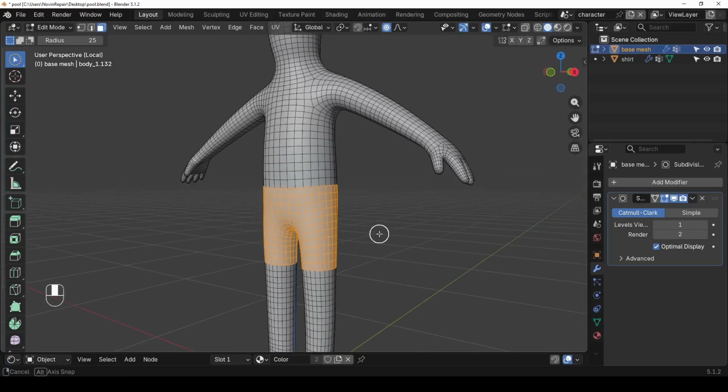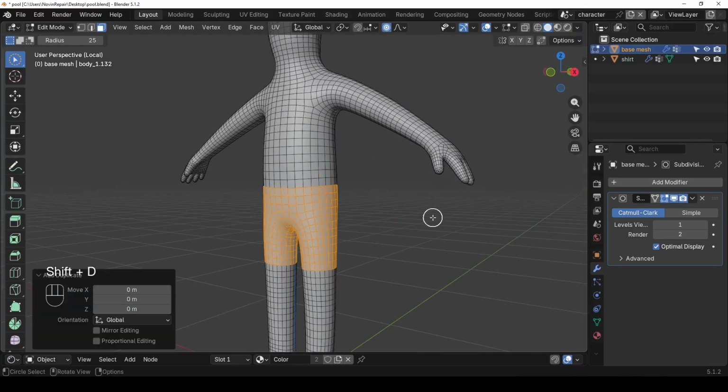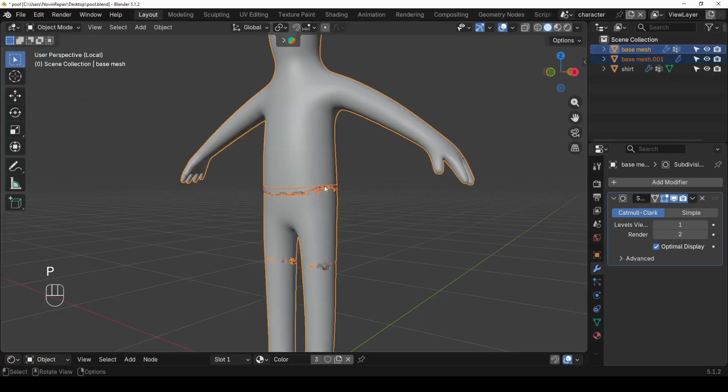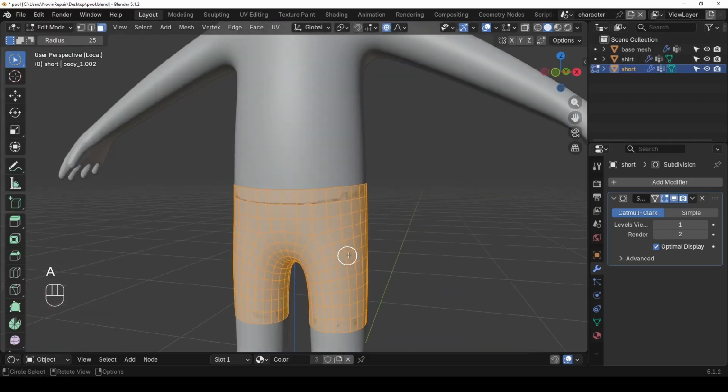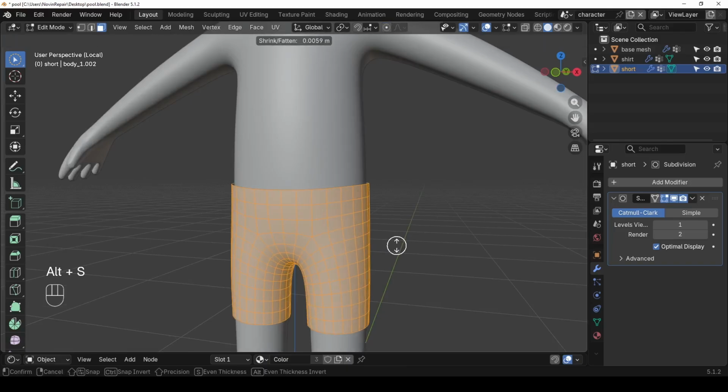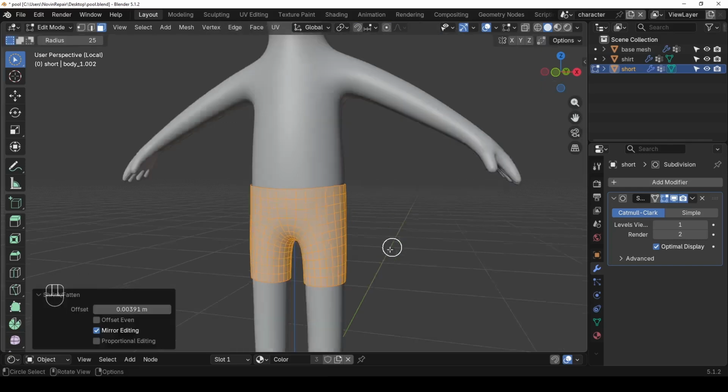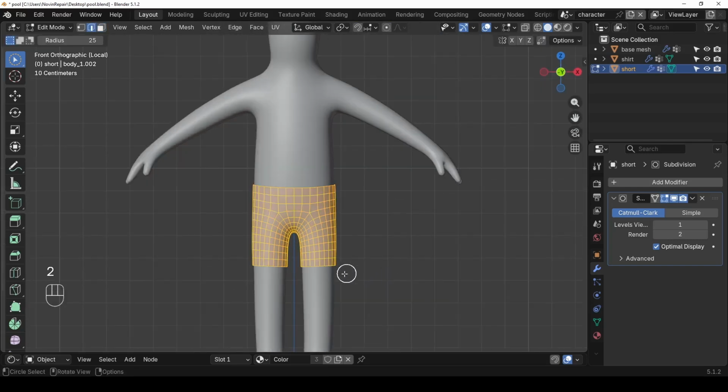Alright, shift D to make a copy and right click to release it there, P selection. Let's go back to object mode and select the short and rename it to short. And now I can go back to edit mode and select all the faces and Alt S. Let's turn off the proportional editing, Alt S, and scale it up a little bit like this. And now in edge mode,